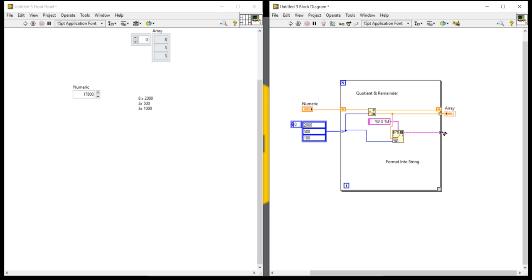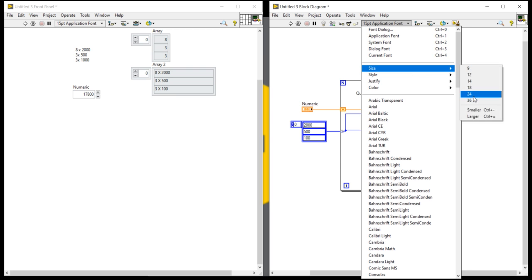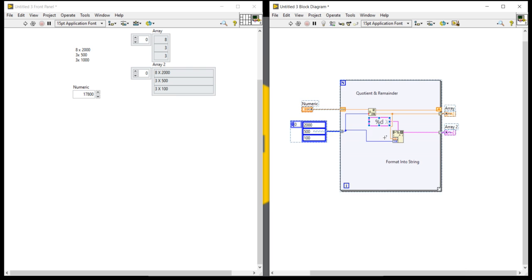Control V. Percent d. Here I am going to increase the size so you can see.